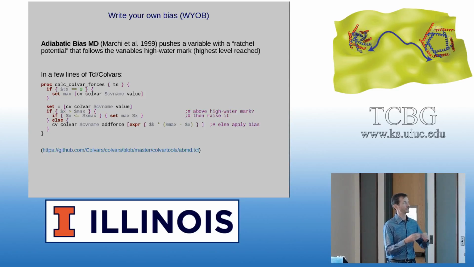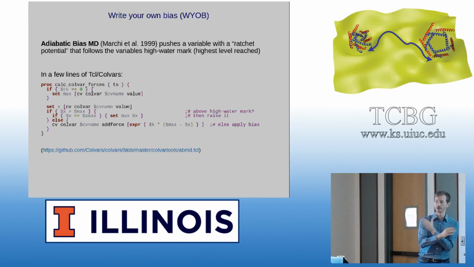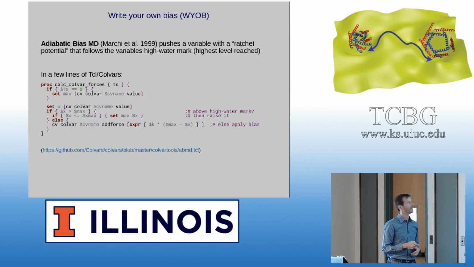X max would be the upper end of the range you want to cover. Like you don't want to go all the way to plus infinity and destroy it. So if we're higher than the current high water mark, but lower than maximum, then we increase the high water mark. And if it's not higher, then the coordinate is falling backward and is pushing into the wall. Then we add a biasing force that is just this harmonic potential. So some force constant times the difference between the wall position and the variable. And that's it. So this is like 13 lines of TCL, and I have an entirely new biasing method,